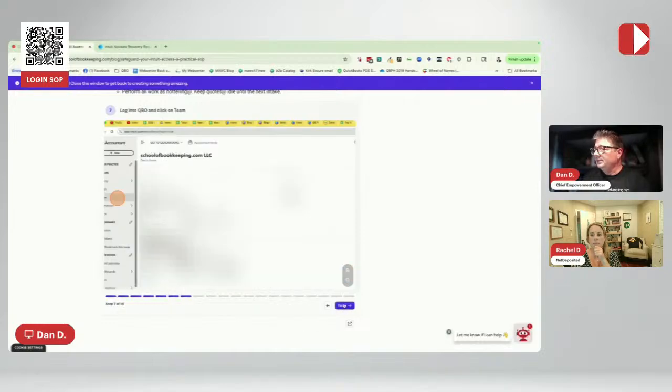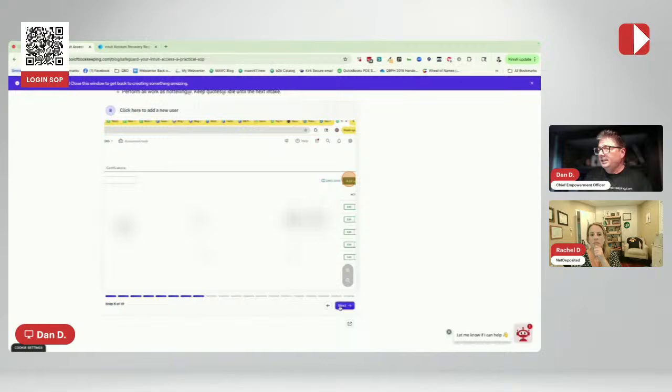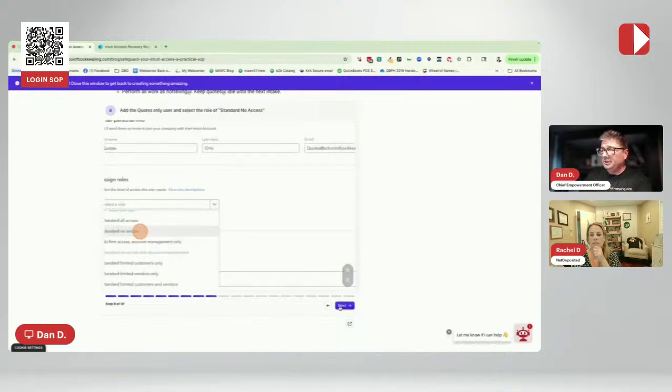Okay. Right. So then, sorry, the screenshot got messed up here, but then you're going to go into your QBOA portal, and then add new users into your team. This is the quotes only user, right? The quotes at schoolofbookkeeping.com, standard, no access, right? So they don't have any access to your books or your firm.